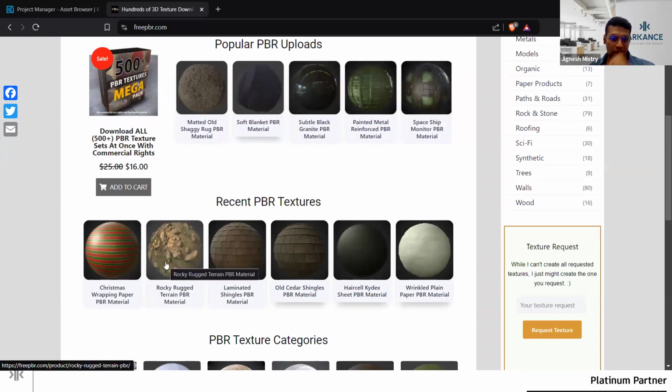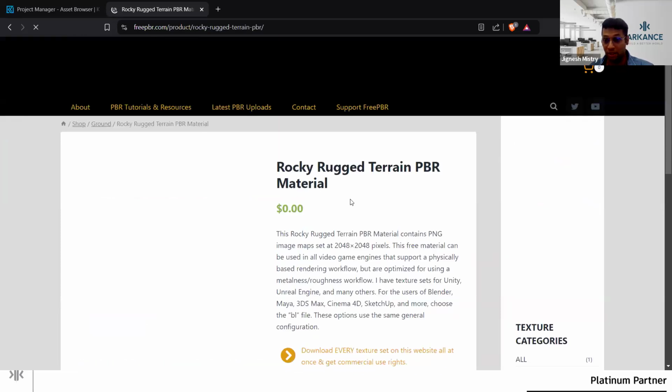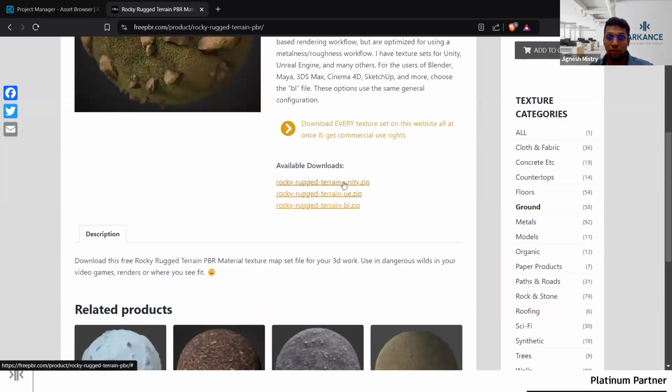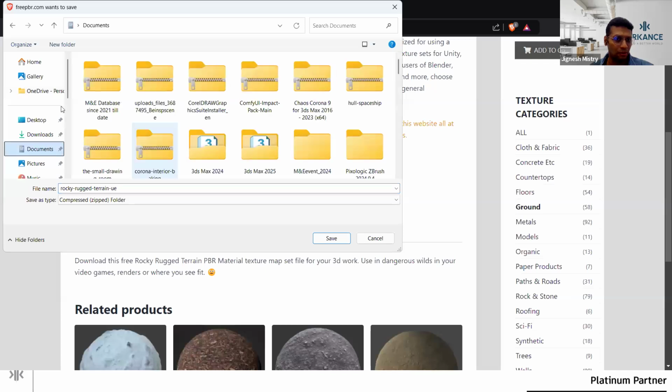तो अगर एक रॉकी रच जैसा अगर मुझे कुछ चाहिए, if I want this, which is free of cost for now, I can download it for Unity, Unreal, and Blender. Suppose it's for Blender, but it's okay. So suppose if I want to use it for Unity, simply download it and it would be there with me. I'll just download it from